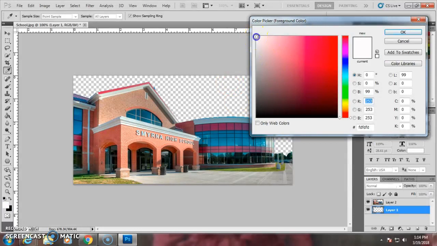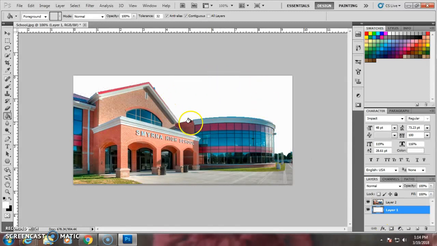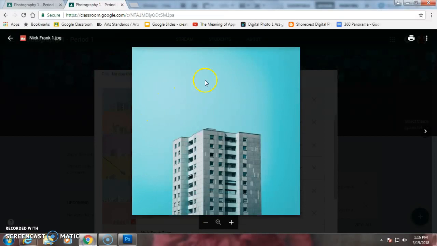to white or black. So if I start with white and I have Layer 1 selected, all I have to do is click once and it will fill in the entire background with white. The next step is to use my paintbrush, change the opacity to about 10% by clicking where it says opacity and dragging the slider down. And I'm going to use different colors of paint to add those thin layers of colors to get this gradient